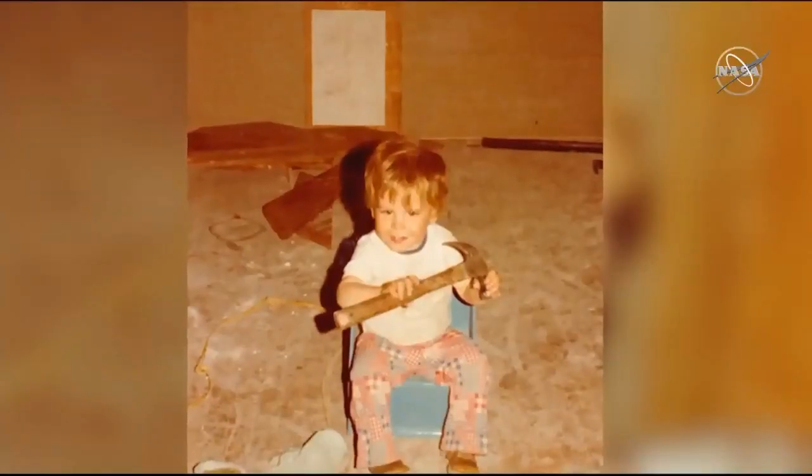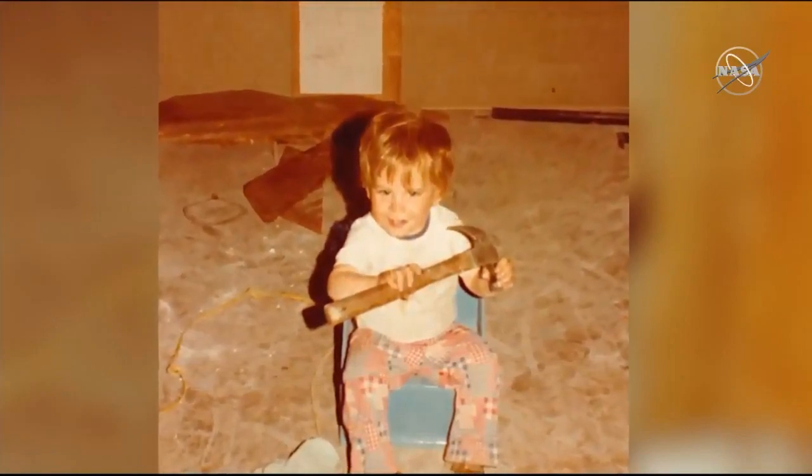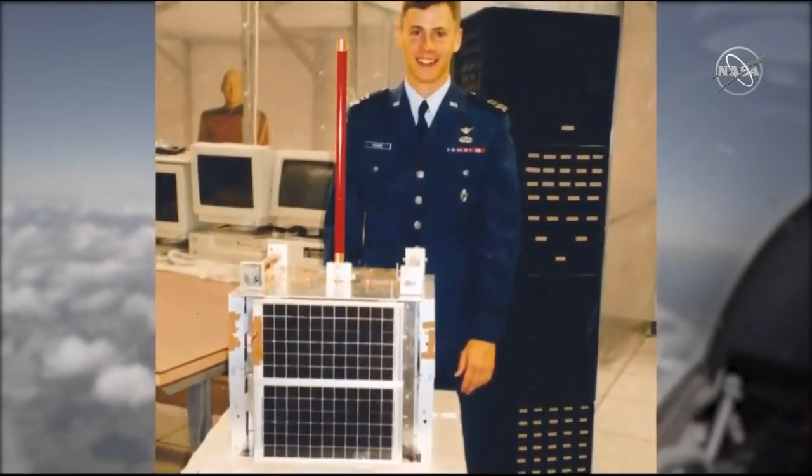I grew up in western Kansas, and I love figuring out how things work. When I was young, I liked breaking things and putting them back together. My entry into aviation started as a flight test engineer. I was an engineer working in a laboratory designing satellite systems and was accepted into the Air Force Test Pilot